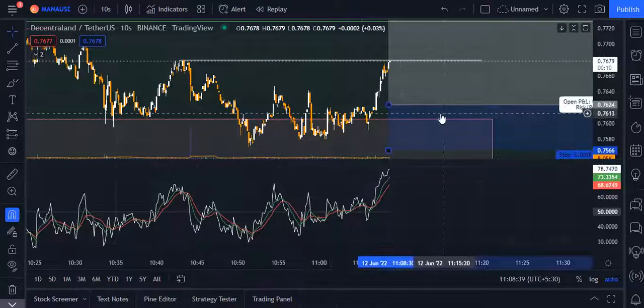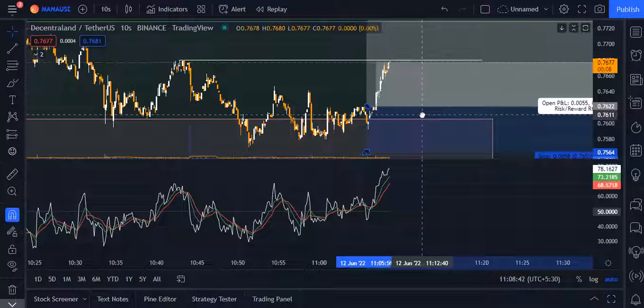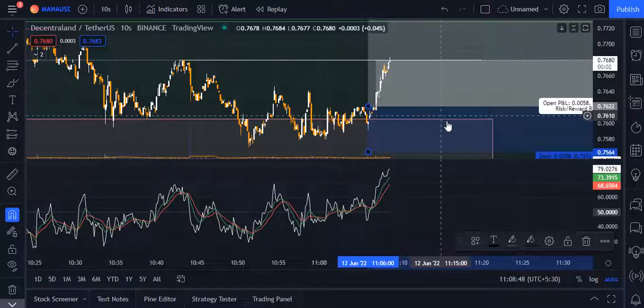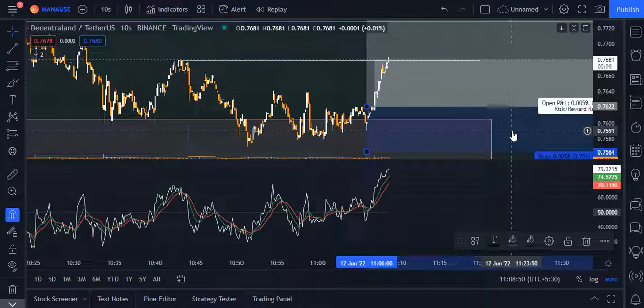This is the first breakout. Come on, bro. We are gonna burst from here if it's gonna happen. So